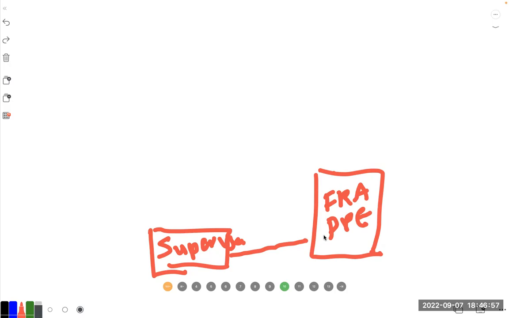And the supervisor, it's basically called process control. So it's just a process controller. All the processes related to Frappe will be controlled by supervisor. That's the first thing. Now there is another one,